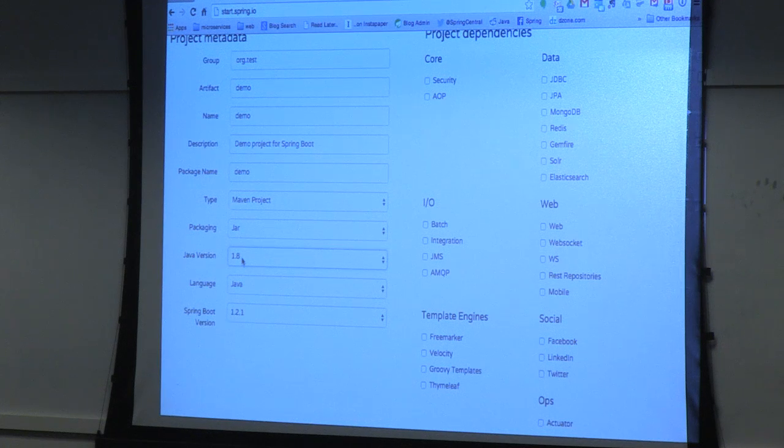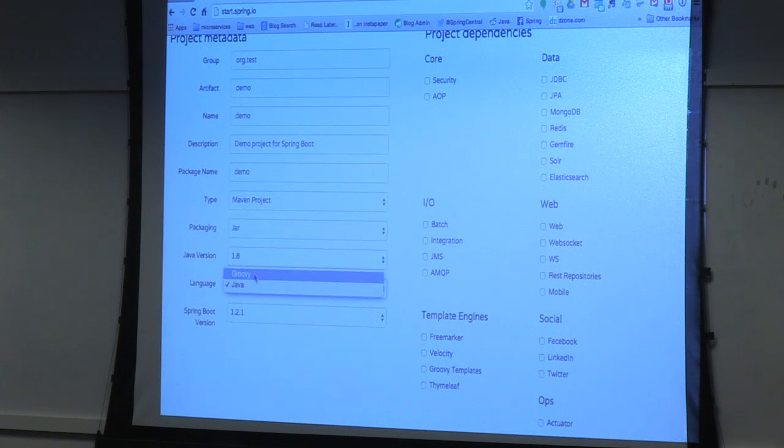So I wouldn't leave my code like that. I wouldn't leave it on Java 1.6. I wouldn't leave it on 1.7 either because that's about to be end of life. So 1.8 is pretty awesome sauce. I would check it out if you can.